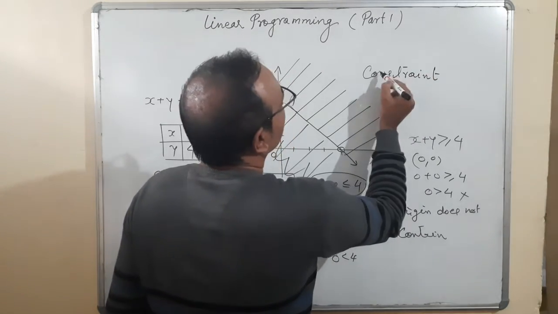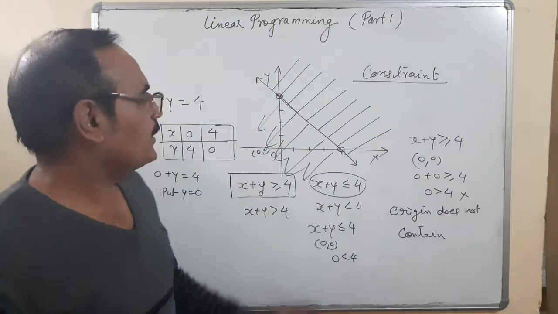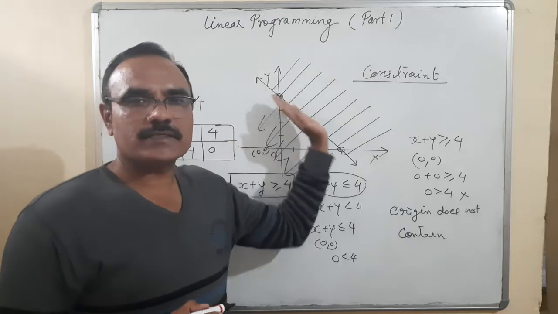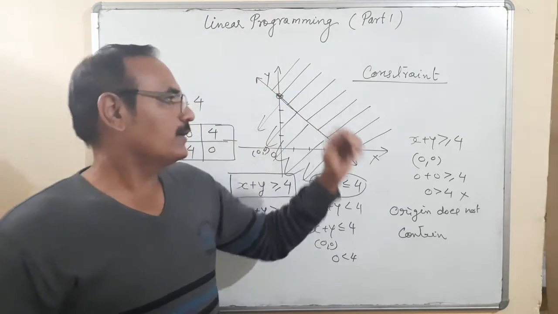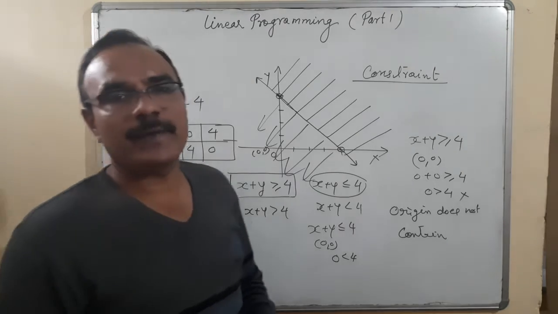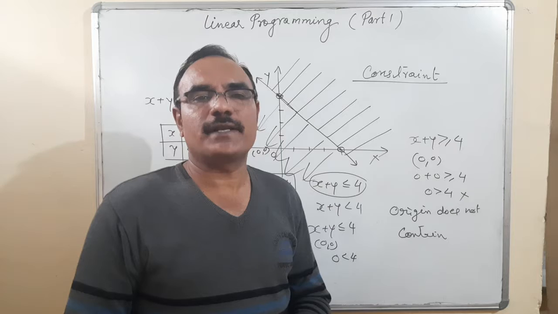Constraint. What does it mean? Actually, there's a limitation of that. Here when we are talking about it, that is a limitation. So many inequalities are given. Here we are using the term as a pair of constraints. And this region is called the feasible region.